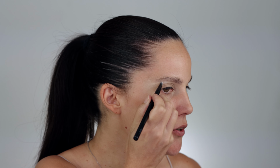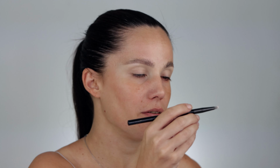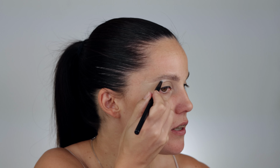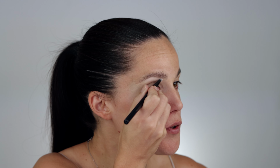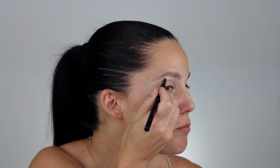So I'm starting off with the shade Pounce, and let me tell you how happy I am that we do have this bright shade in this palette, and you can make versatile color depth when you do have a shade like this, and this is something that I always appreciate in a palette. So this one goes right underneath my eyebrow, and no matter how much I apply it,